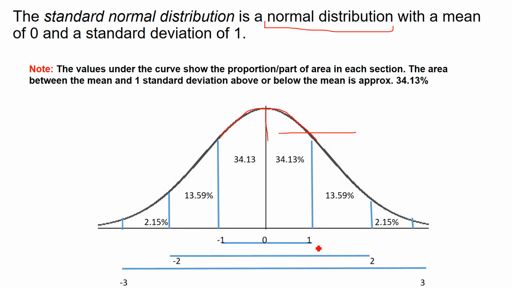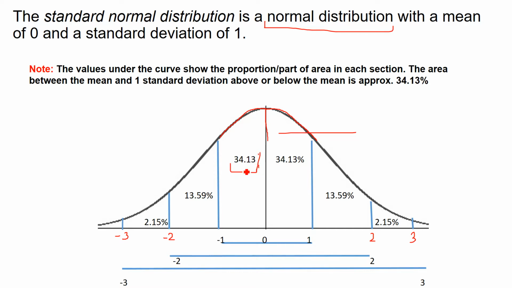Suppose the mean is 0 and this is 1, which is called the standard deviation. This is one standard deviation. Here you have positive 2, this is 3, right? Similarly, on the left hand side, you have -1, -2, -3. On the right hand side we say above the mean, on the left hand side we say below the mean, right? So if you have a standard deviation of 1, it means above the mean or below the mean you have an equal amount of data, that is